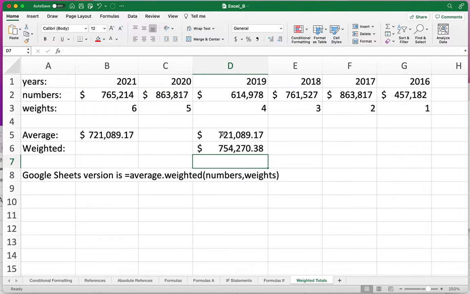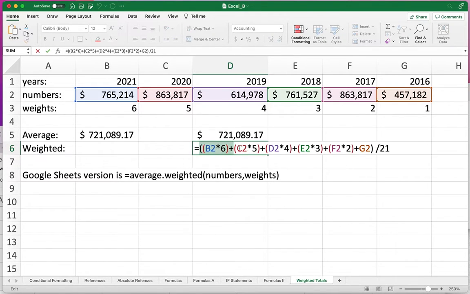And now you'll wind up with 754,270, and so on and so forth. And that right there makes a lot more sense than the previous numbers I was getting. Now, if you look at an equation like this and say, oh my, that is a little bit